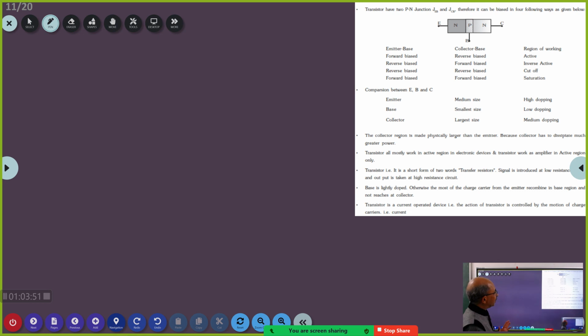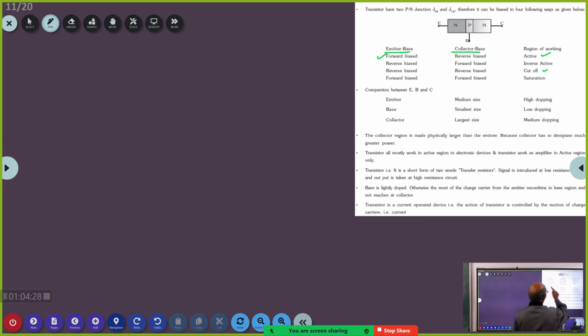Now, transistor: emitter junction forward bias, collector junction reverse bias. Now I will tell you the next aspect of it. You can either forward bias the emitter base or reverse bias the emitter base, it's up to you. See, this is emitter base, collector base. If you forward bias the emitter base and reverse bias the collector base, then we say the transistor is working in the active region. There are three regions in which the transistor will work. Active region,